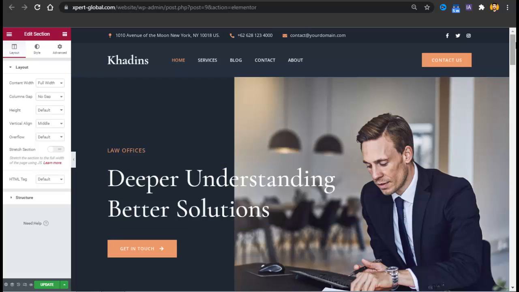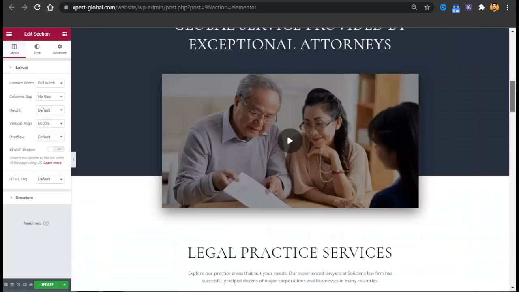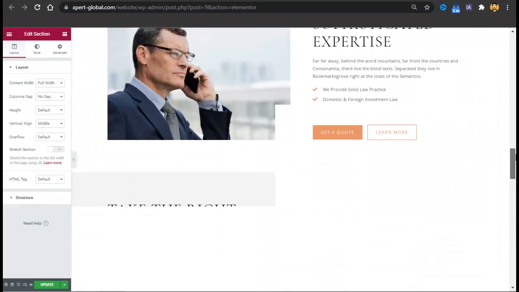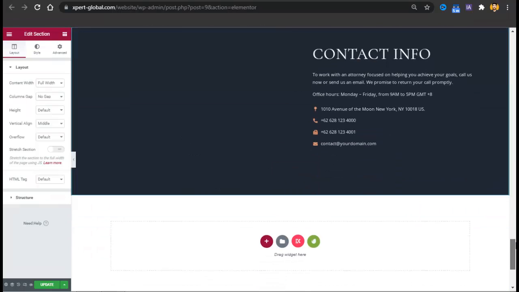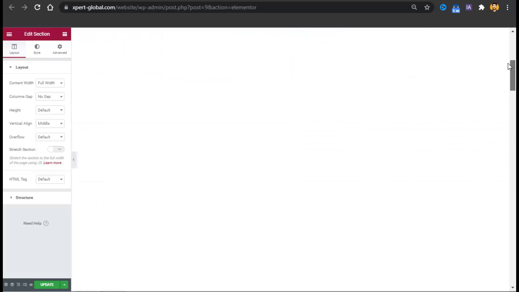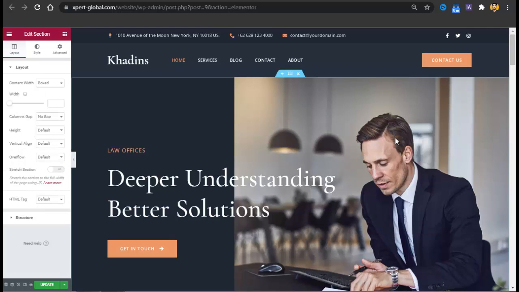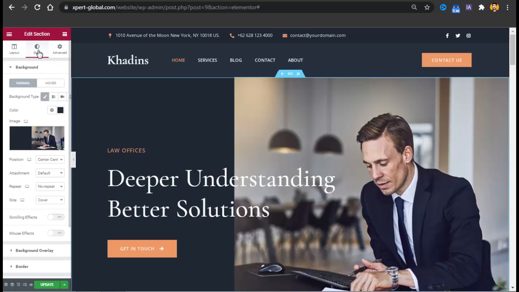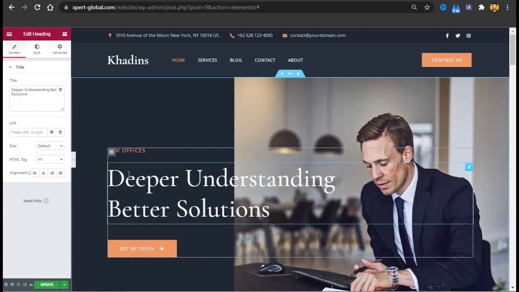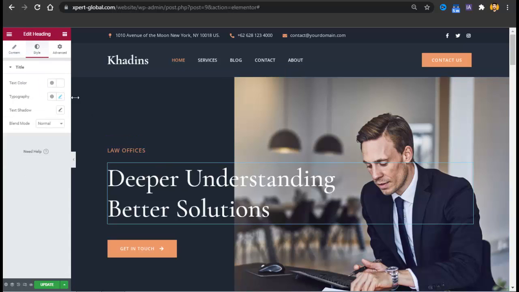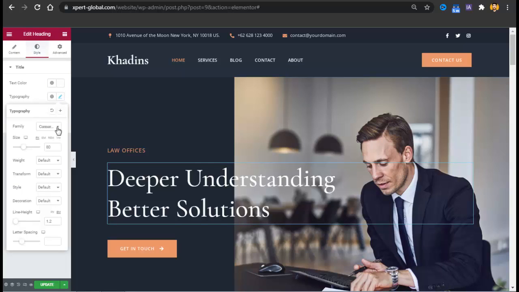So here you can see the home demo is imported, and here you can see our whole website is imported now. What we just have to do is replace the text and replace the images, and that's all. If you have any image, you can just add one of yours here. Just go to styles and add one of your images if you want. If you want to change text, just click there and you can change the text. And if you want to change the style or fonts, just go to styles, go to typography and change the text styles, etc.